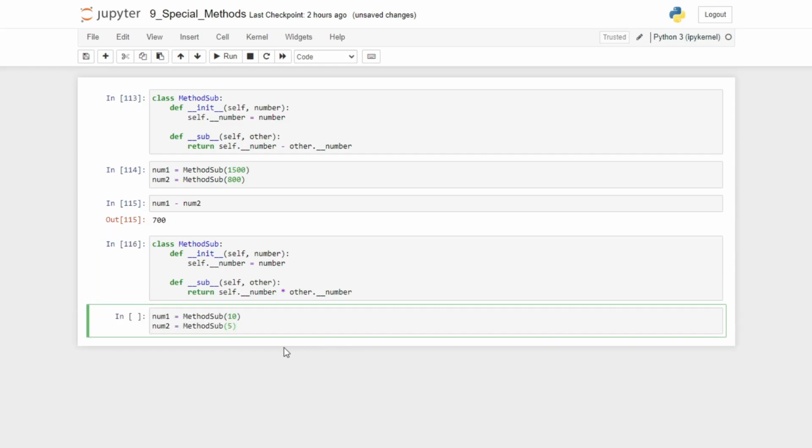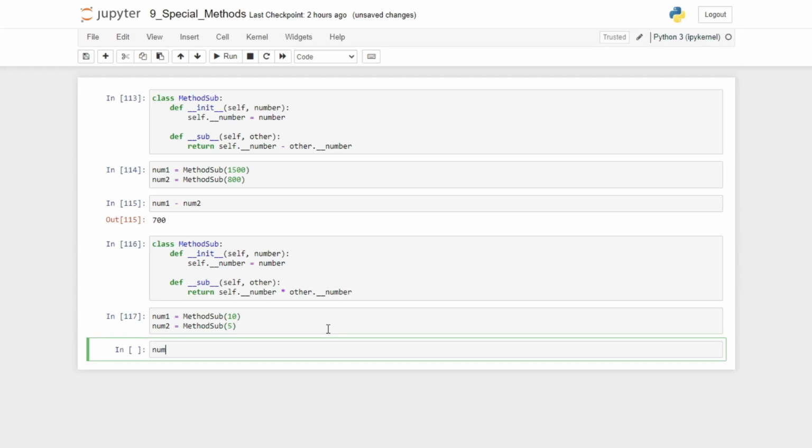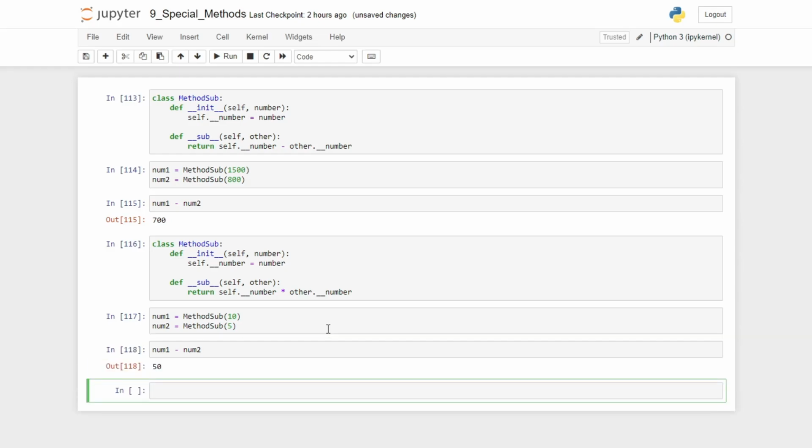Then let's create objects from this class, num1 and num2. Now if we try to subtract num2 from num1 and execute this code, it returns 50. We can see that what Python did is multiply the two values instead of performing subtraction. And it's because, again, Python doesn't know the semantics of subtraction, which allows us to change the implementation of this